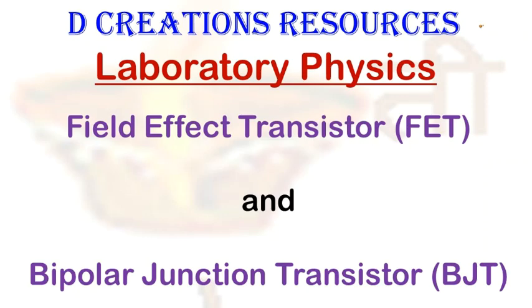Also, if we look at fabrication, it is simpler to fabricate FET as an integrated circuit, and it occupies less space also on IC chip as compared to BJT. FET is also relatively immune to radiation, and it's preferred in chopper circuits, while BJT is more susceptible to radiations. FET has lower gain bandwidth product as compared to BJT, and